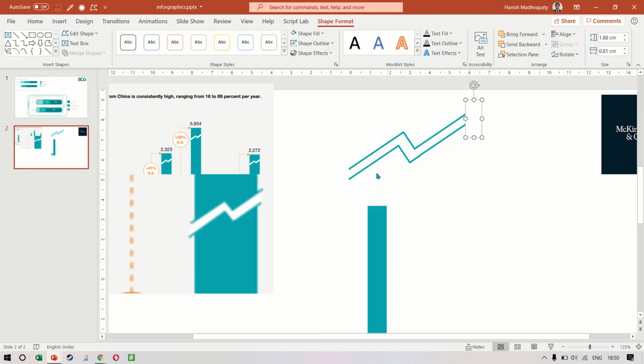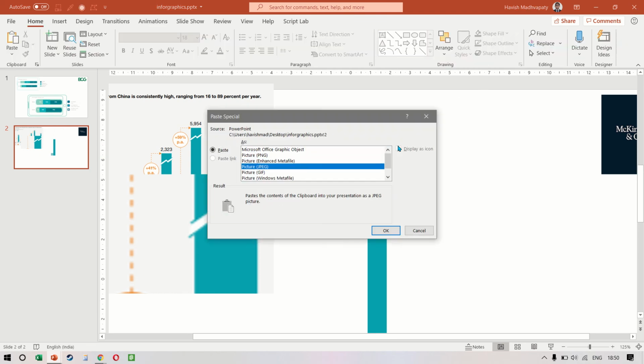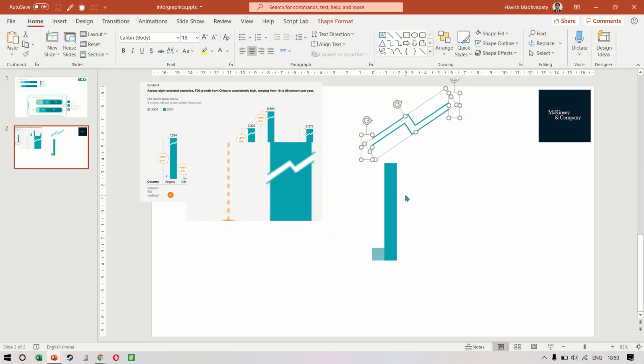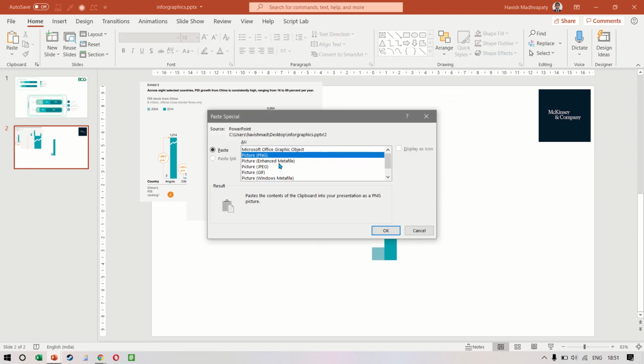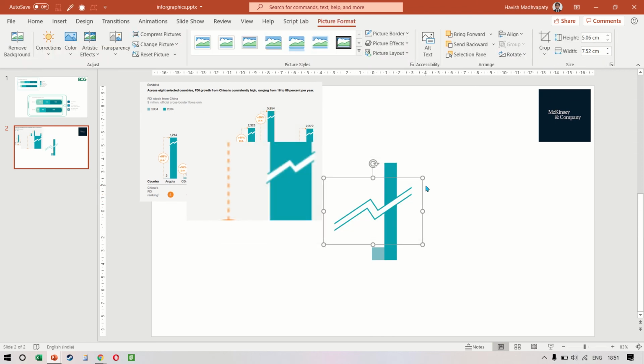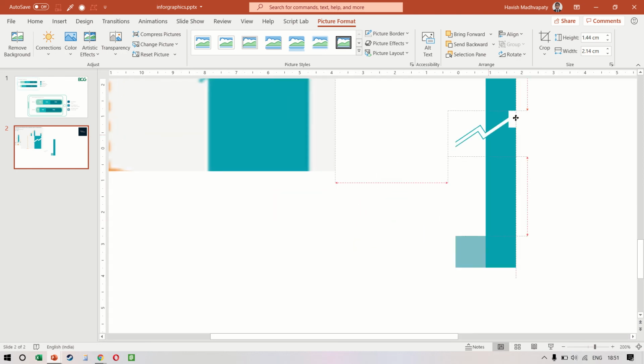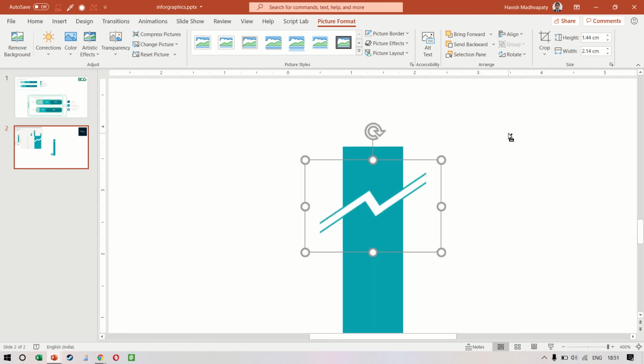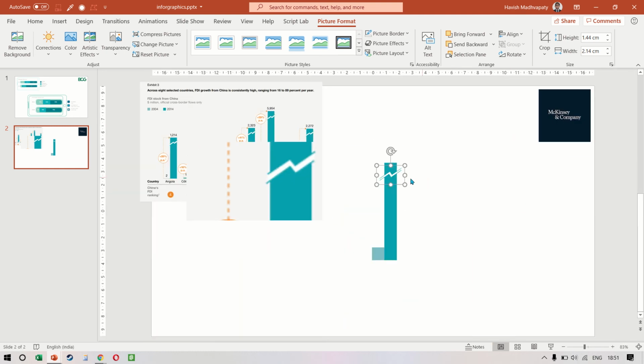Let's select all of this and we can cut it and then paste it as an image. Okay, not as an image like this, but we want to cut it and paste it as a PNG. Let's see if that works. Yeah, I think this should work. And now this can come on top of our existing column like this, right? So I think it looks great.